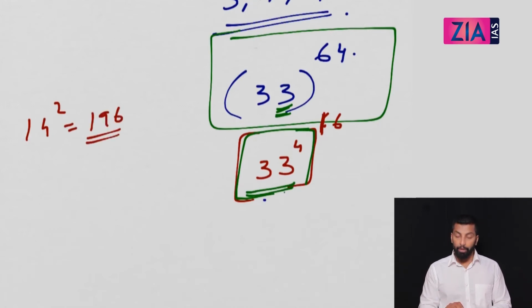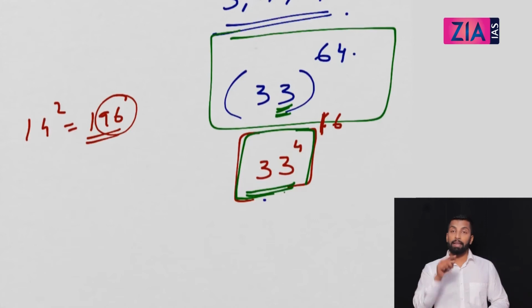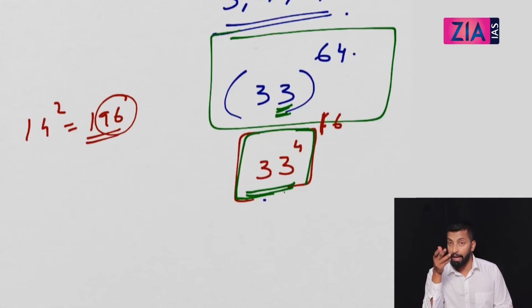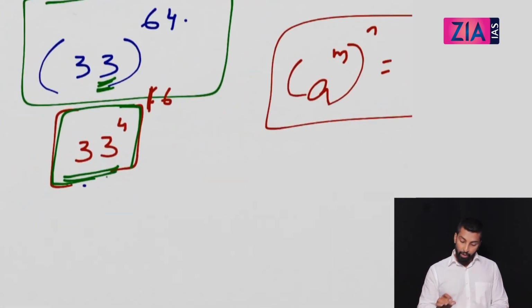14 square is, all of you know, 196. So 96 is the last 2 digits. 14 square last 2 digits we know, so you can easily tell 36 square last 2 digits. It will be equal to 14 square, that is 96. You can also tell me 64, last 2 digits, that is also 96. You can tell me 86 square, that is also 96. You can tell me 114 square, that is also 96. Okay, so that is what we are going to use here.